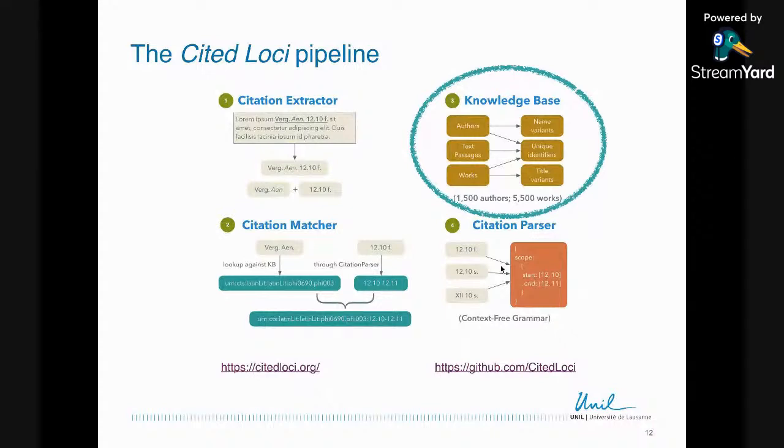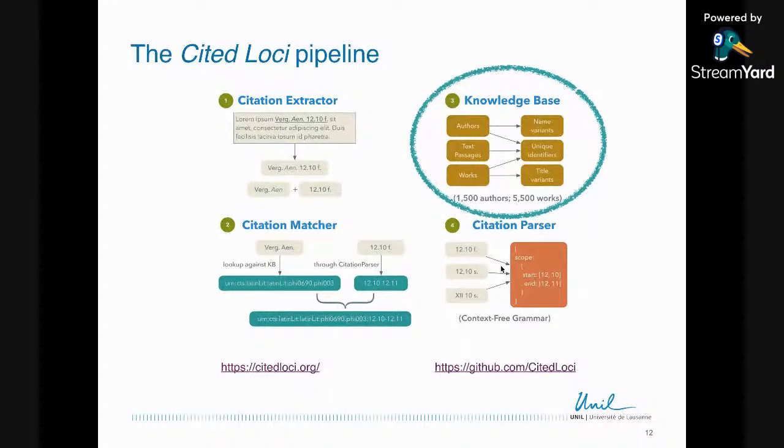Essentially for the Aeneid, all the books will be represented and instantiated, and also all the lines for each book. Each of these text elements will get a CTS URN. We'd also get a resolvable URI,